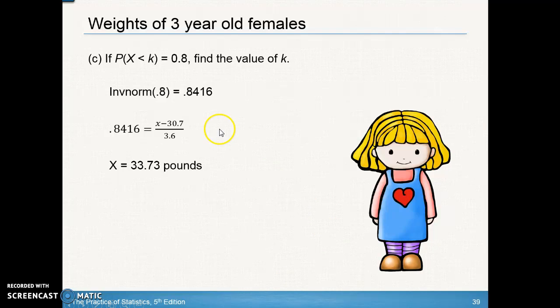Okay, so this one was a little bit tricky. So if we know that the probability that x is less than k is 0.8, find the value of k. So we're working backwards here. We actually know the area under the curve, but we don't know what the data value is. So remember, if I do inverse norm of 0.8, if I'm going to draw a curve,